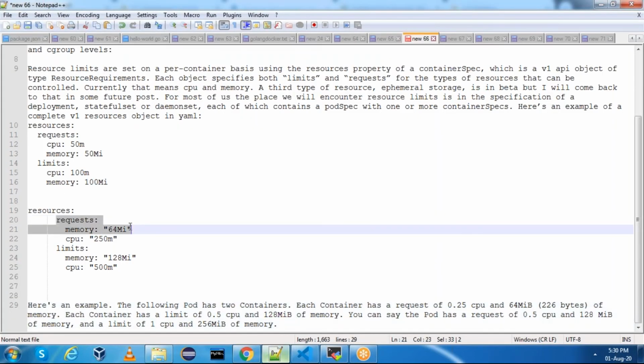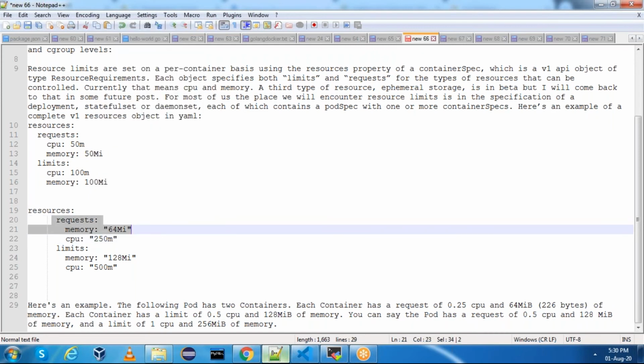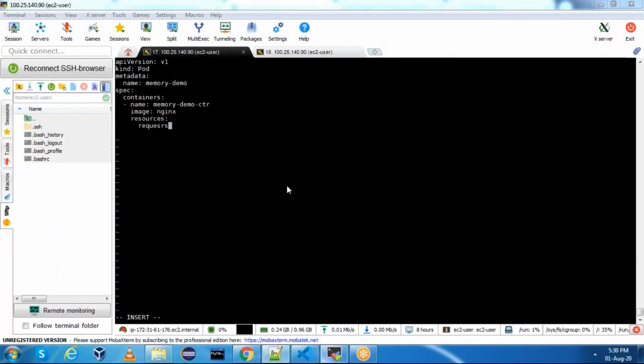You can add request, memory, and I have showed you nginx is using 2 MB. I'll give 1 MB intentionally because I don't want this pod to get scheduled. I want to show you that particular piece. Now request is done.